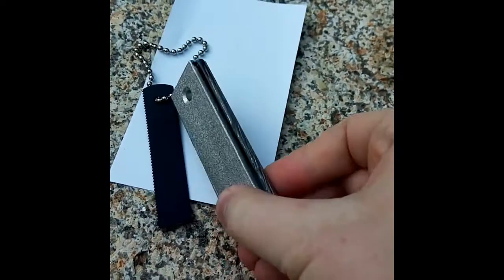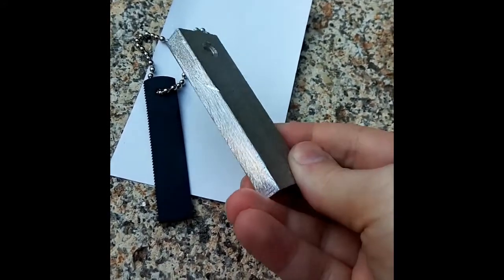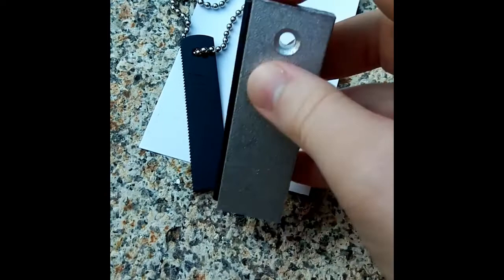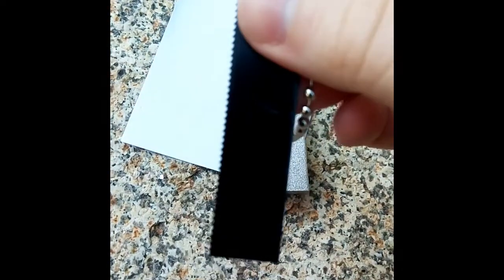So I found this the other day in a random hardware store. It's actually a block of magnesium metal, and on this side of it there's a little bit of flint. Not very much, and that probably will run out before very long. And then this is just a piece of metal with a saw blade on the edge that you can use to scrape it,